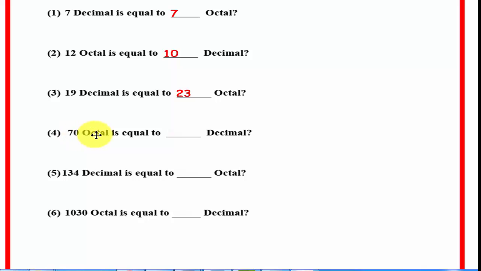And if it's 70 octal, what is it equal to in decimal? 56. If it's 134 decimal, what is it equal to in octal? 206. And the last one, if it's 1030 in octal, what is it equal to in decimal? And your answer should have been